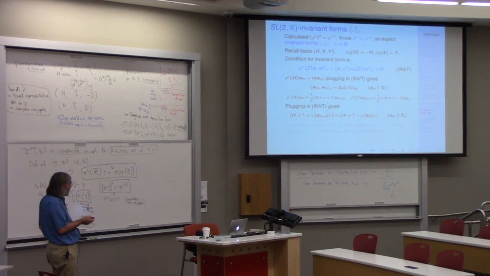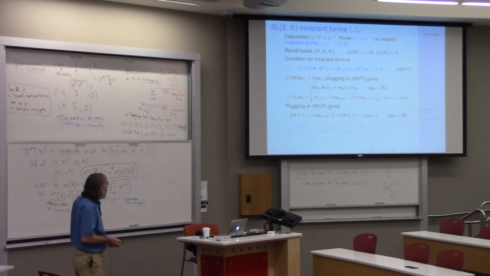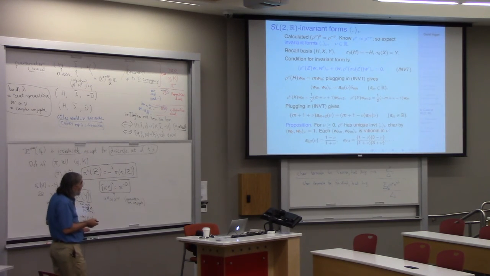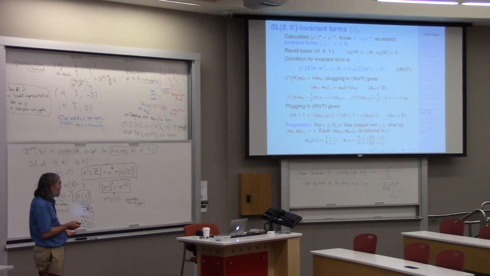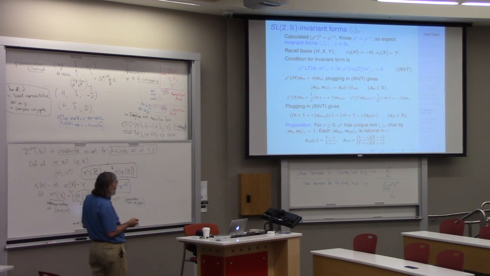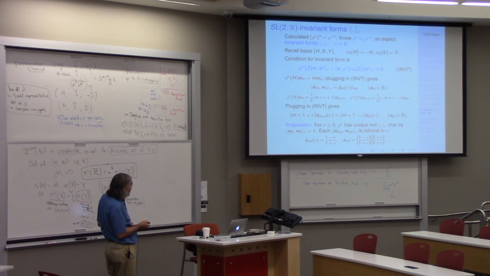And this is the equation that comes out. And those things tell you that for every non-negative nu, this representation has a unique invariant Hermitian form subject to the property that W0 has length 1. And what that form looks like